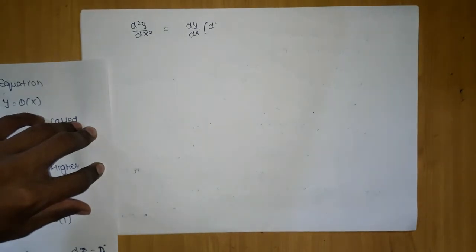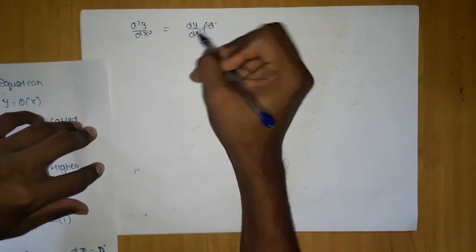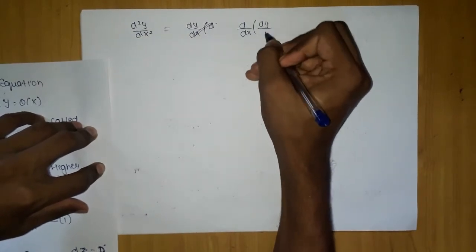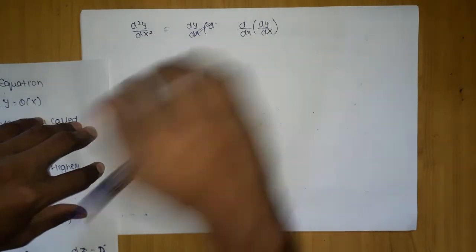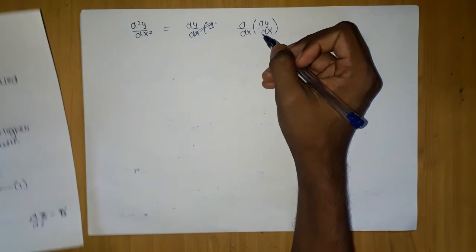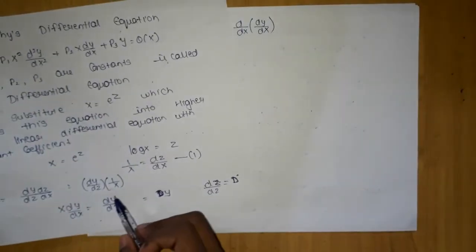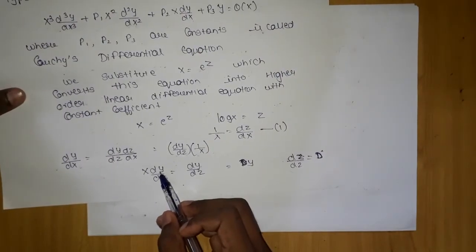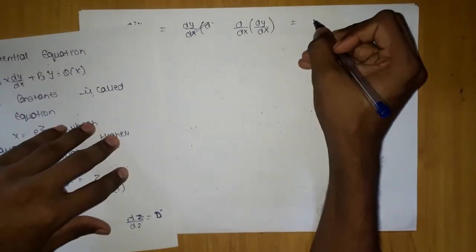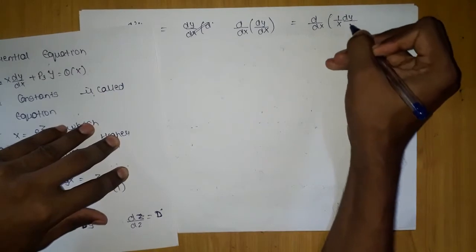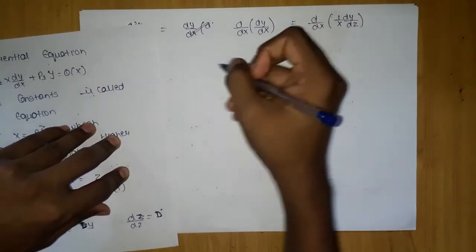We can write this, okay, let's do it another way. d/dx into dy/dz times dx, this thing we can write, right? So what we are going to do, we know its value: dy/dx value we can substitute from here, which is nothing but (1/x) dy/dz. So we are getting d/dx into (1/x) dy/dz. So this is the thing which we are getting.